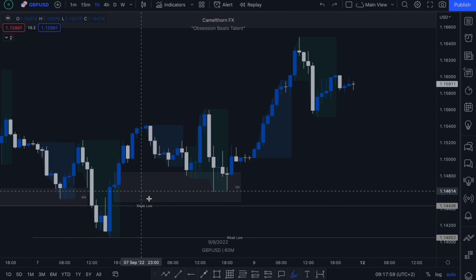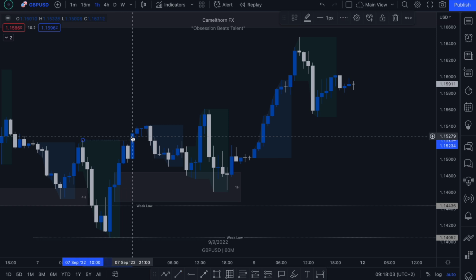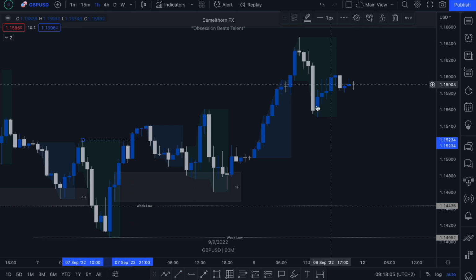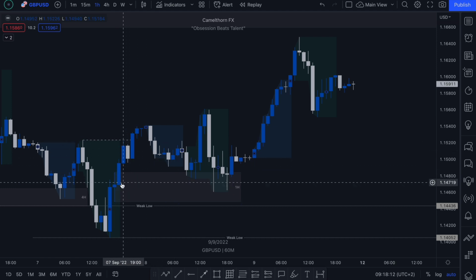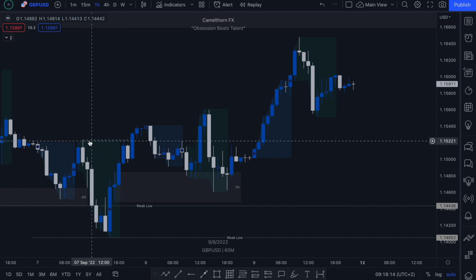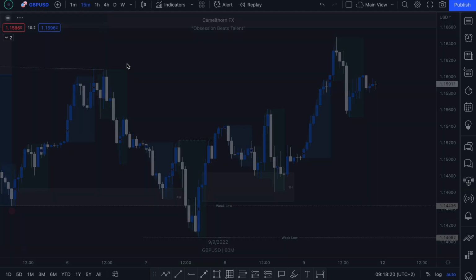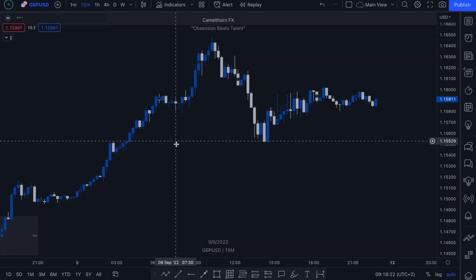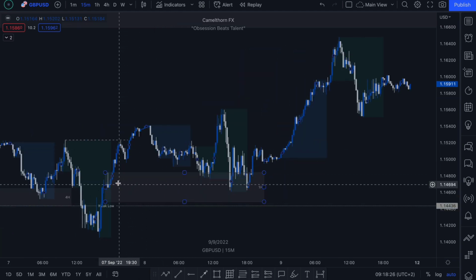The reason we know it's a valid demand zone is because it actually led to a break of structure, a bullish break of structure to the upside, which is one of the things that you want to look for when you're identifying supply and demand zones. So we have a demand zone that leads to the break of structure to the upside, and what I actually did is, if I drop down to that 15-minute time frame, I was actually able to refine